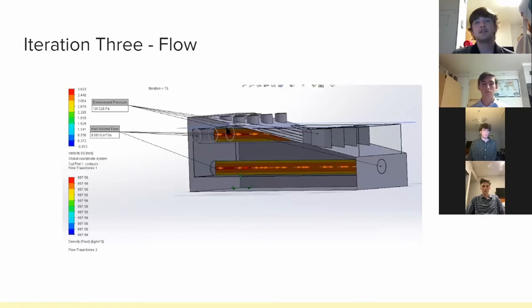So we flow tested these iterations pretty heavily and found out that our holes, while they were 1.3 centimeters at our inlet volume flow of 1.6 liters per second, which is just a metric equivalent, it was really fast through here, almost too fast. Like I think it was 3 meters per second the water was coming through here, so we really needed something